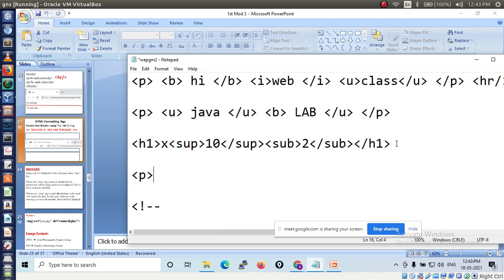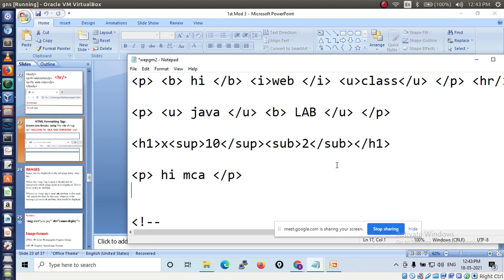First, how to write the code for that? I want to display the first message, hi MCA. You have to display hi MCA as it is using the P tag, that's it. I have just written the code here, P hi MCA, only a single line.